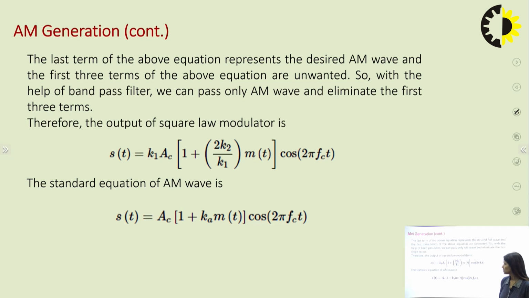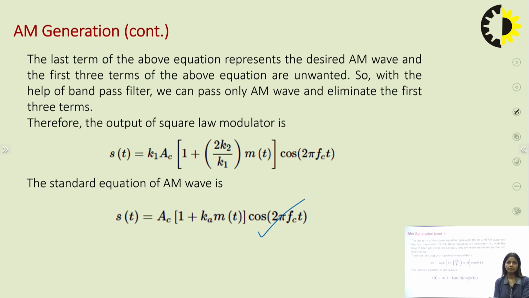And after solving, we can get this 2k2 upon k1 times m(t). You will solve the expression and you will get this AM modulated wave in the same manner, right? The last term of the above equation represents the desired AM wave, and the first 3 terms of the above equation are unwanted. So the band pass filter allows only 3 frequency components, FC, FC minus FM